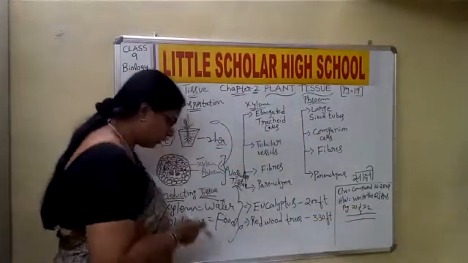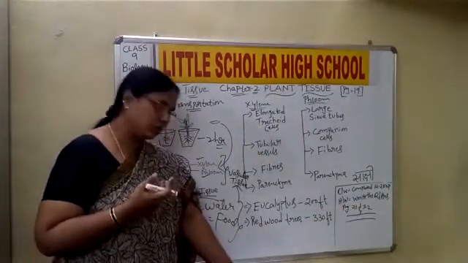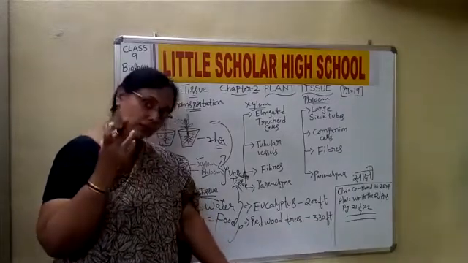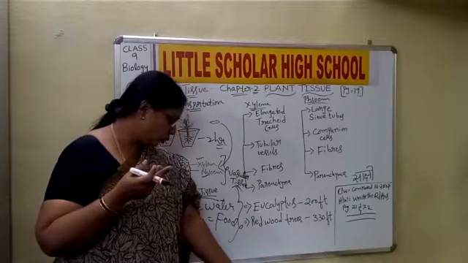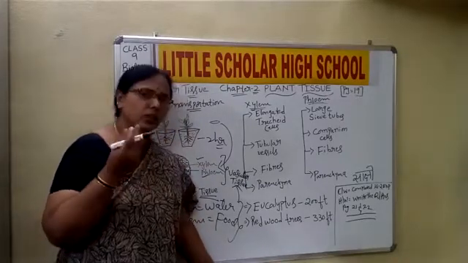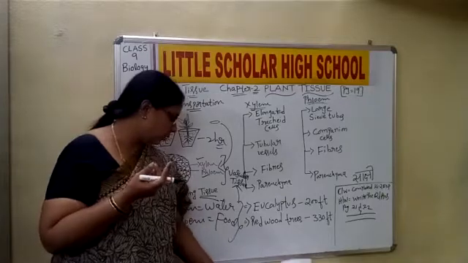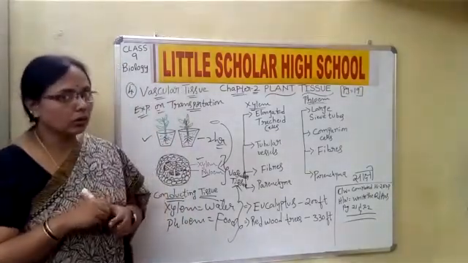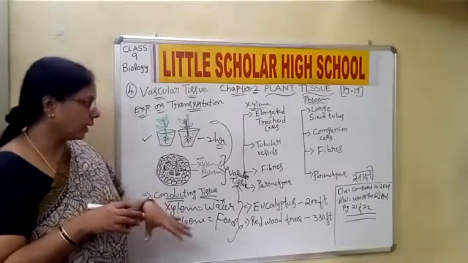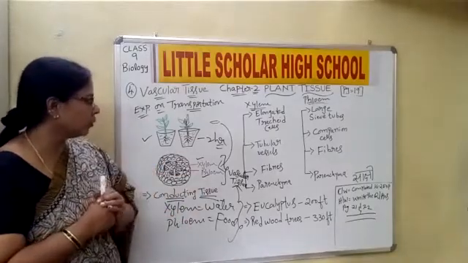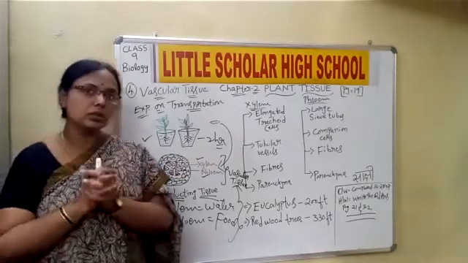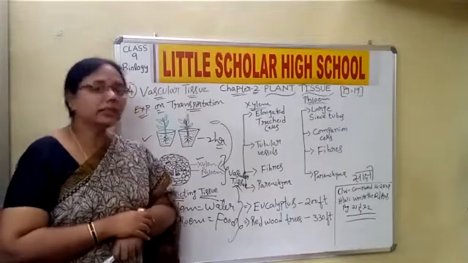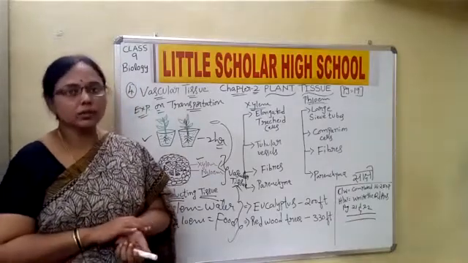In the first one we have just the definitions: what are tissues, children? All the cells combine together to form the tissues. We have done this in the first class. Then write about the meristematic tissue, dermal tissue, their nature, means how they look like and all. We have the diagrams also. So please read the lesson once, go through all the points and do the writing part of your question answers also. It's a very easy lesson. Then before we go to the next class, please try to complete this work. Okay, thank you.